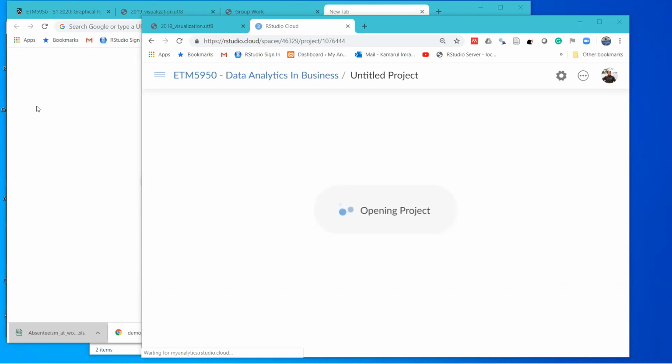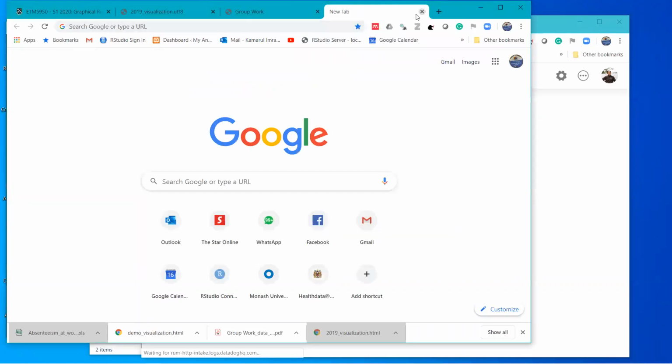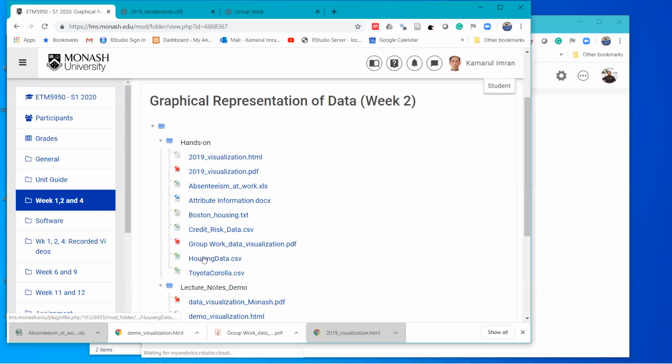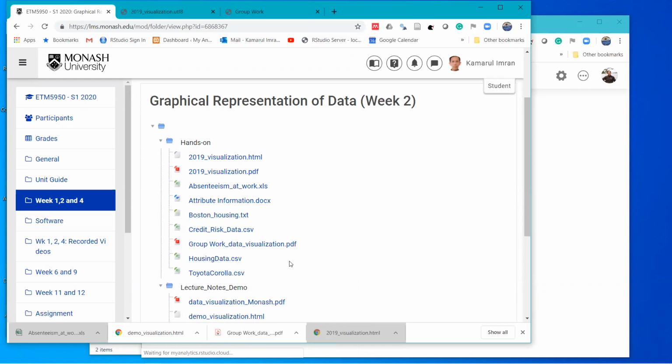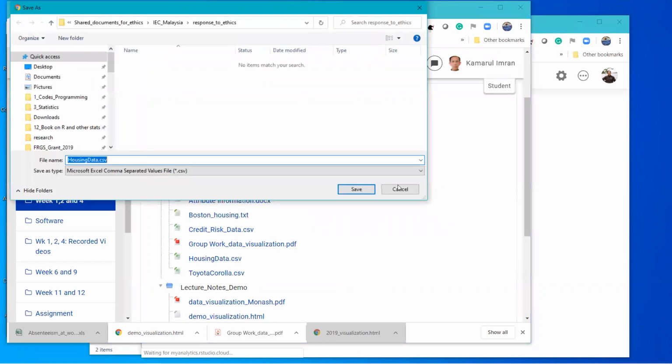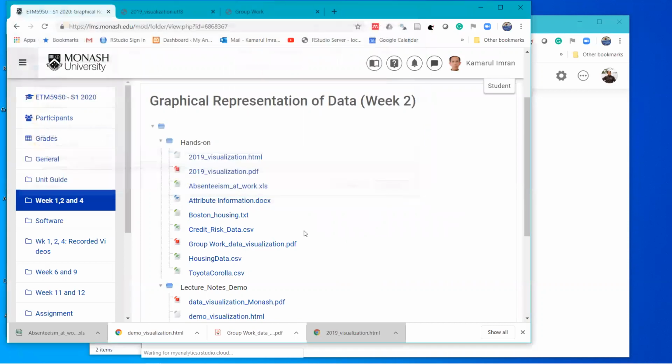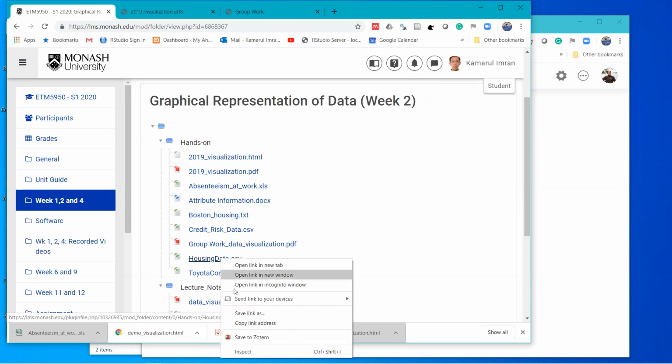So we go back to this, and then what you can do is right click and save link as. I repeat, I know some of you are used to computers, but there are also a few of us who are a little bit slow with computers. So I hope everyone can be patient. So housing data CSV, right click, save link as,